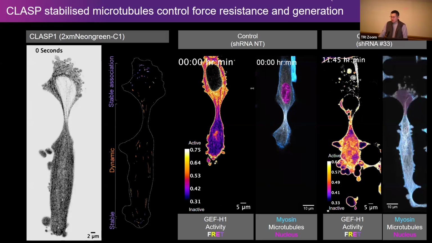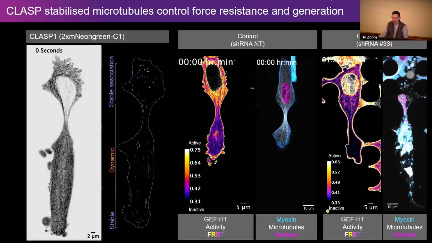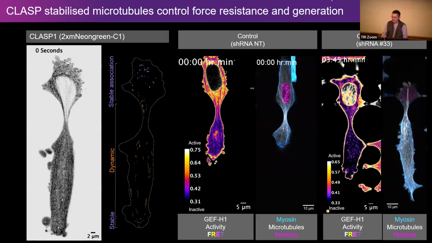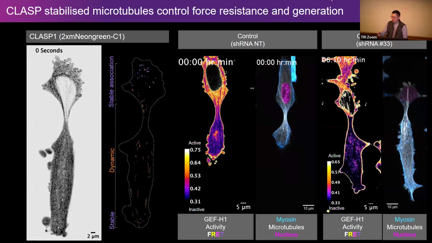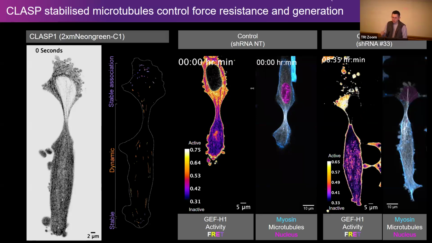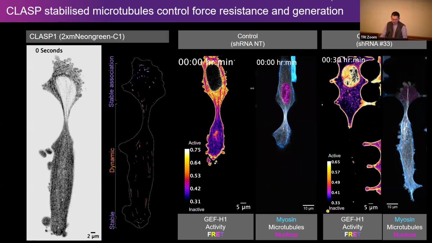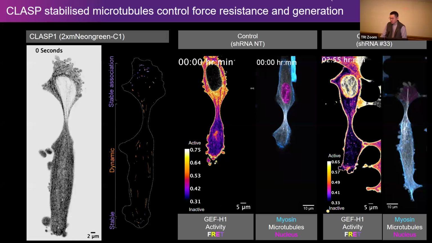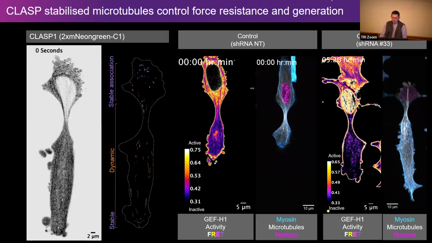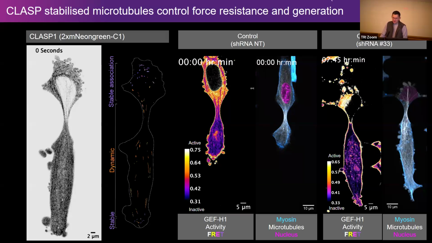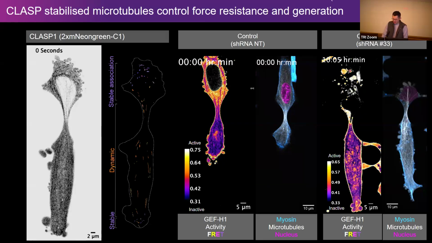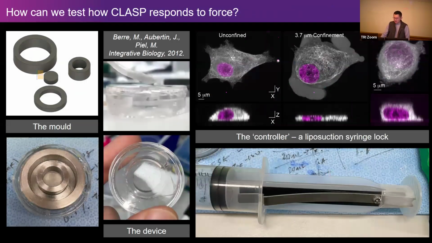So from this body of experiments, we were able to show quite nicely that CLASP actually stabilizes microtubules, but in doing so, controls the force-generating machinery in cells. But I haven't shown so far that CLASP-decorated microtubules are indeed more mechanically resistant to forces. And this is actually quite difficult to show. And this is why we've changed the method that we use now to test how cells respond to force. And so this is the system that we use,